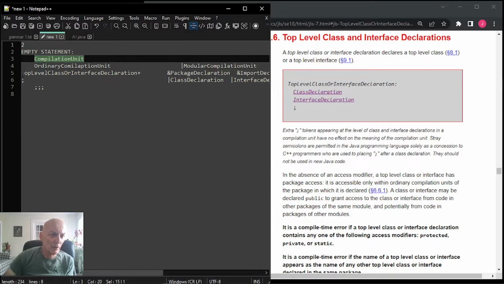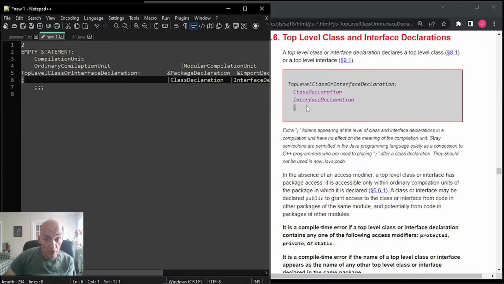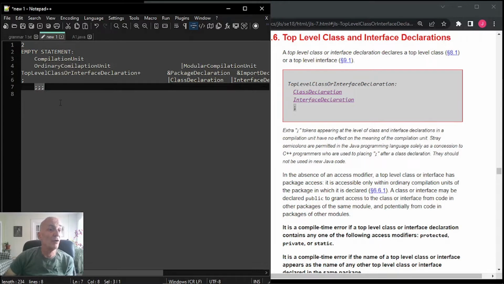So in other words, remember, a top-level class or interface declaration, there can be 0 or more of them. Okay? And if we choose to have one of them, I'm choosing a semicolon for that. But if I had 2 or 3 of these, then each one of those could be a semicolon, so multiple semicolons should be legal as well. The semicolon is a statement terminator in Java, so basically these are just empty statements. They're really saying nothing, but again, it's like the period at the end of a sentence, so it would be like having a novel that's just a bunch of periods. Anyhow,